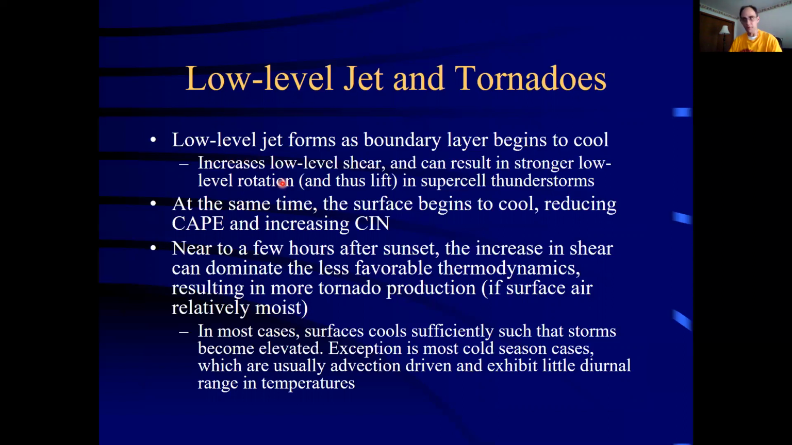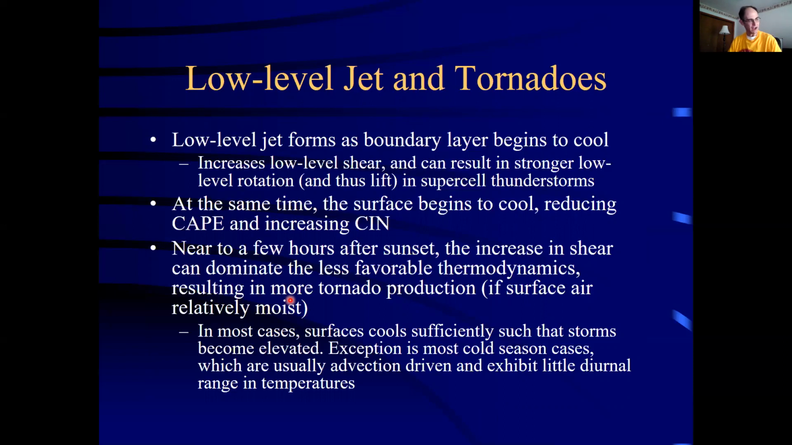And that can result in stronger low-level rotation and a stronger lift within our supercells. As this goes on, the surface begins to cool, so the CAPE can come down a little bit, or maybe even sometimes go up in response to moistening, but the SRH generally increases there. And so this time, a few hours before to a few hours after sunset, the increase in shear can actually dominate the less favorable thermodynamics, resulting in more tornado production, as long as the surface air is